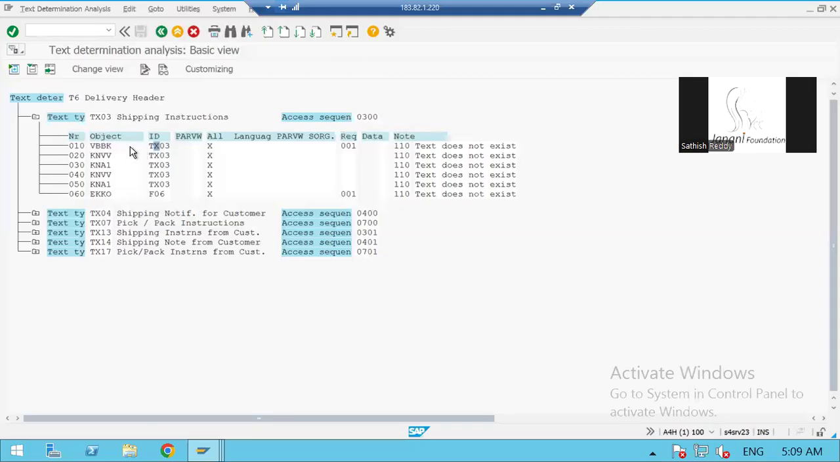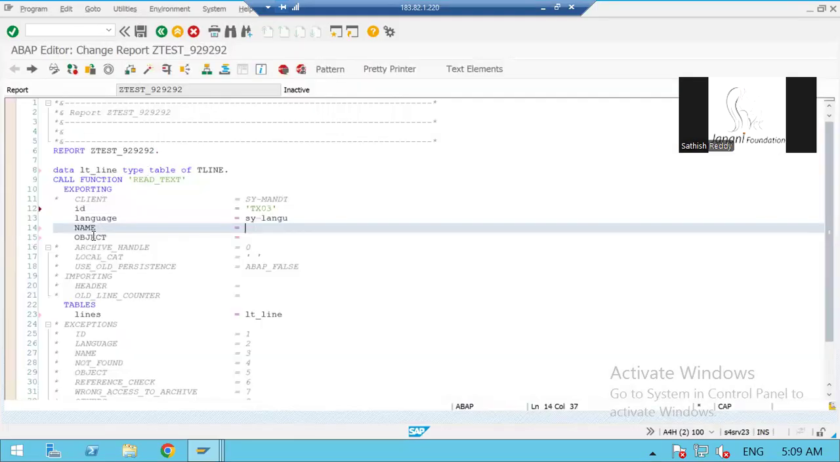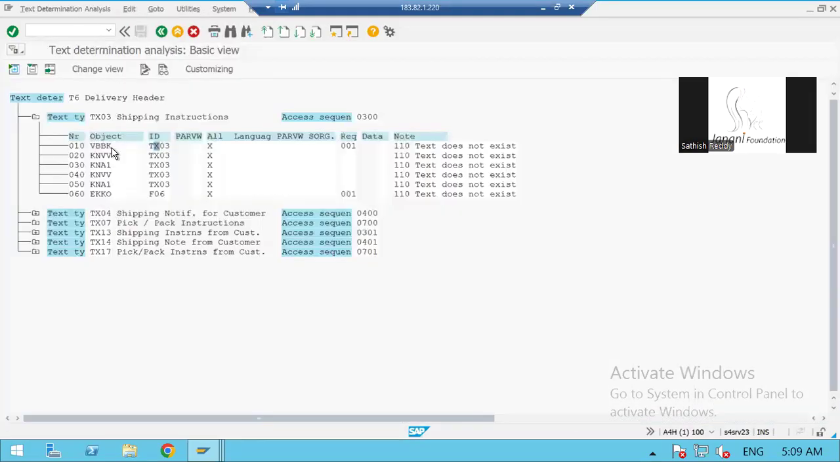So, coming to the object. Okay, here object is asking. So the object name is VBBK, and you have multiple options here. Then what do I have to take here? Okay, so I'm just taking the first one only. Why not? I'm not taking all these things here. See, I'm working for